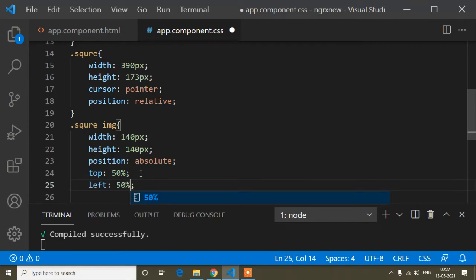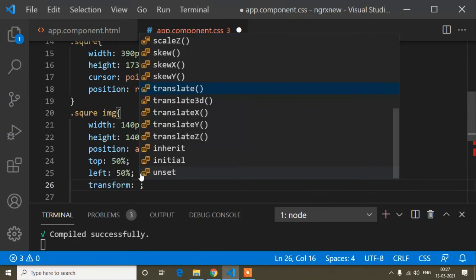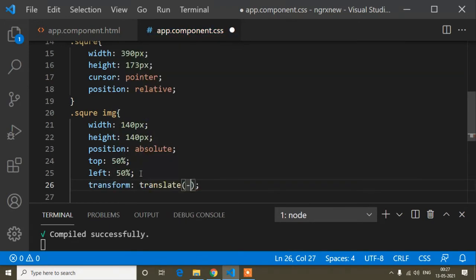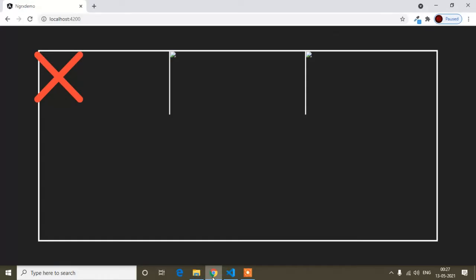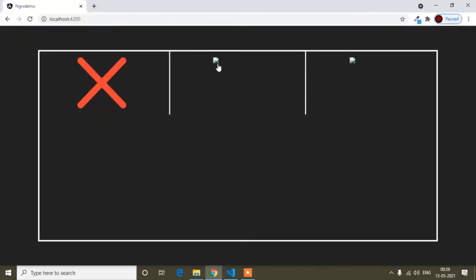Okay, and the same thing, transform translate, that is minus 50% comma minus 50%, save. So now you find the image is in the middle. So when I add the image here and here, that will become the middle. But guys, here you can see the icon is in the middle.